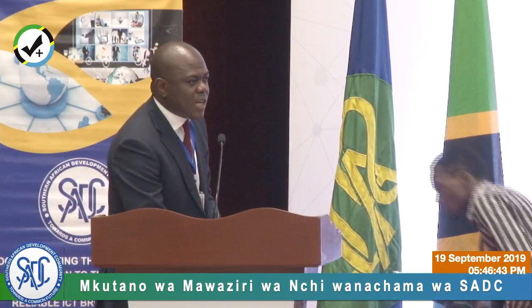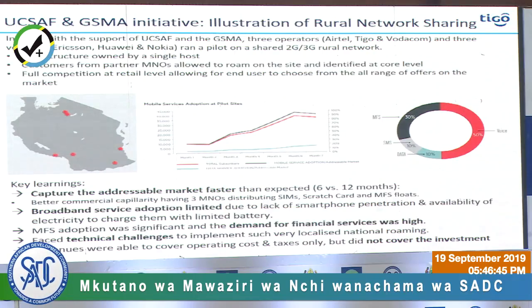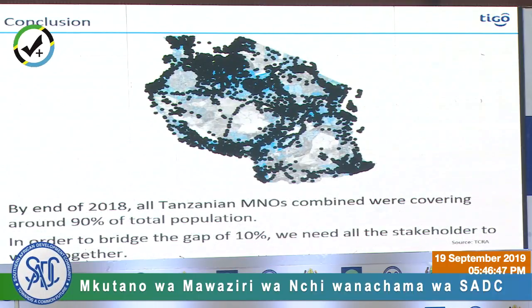Because the main thing is that once you put in the sites, they need to generate enough to cover at least the running cost of the site, so that you can continue to support its operation. And through this infrastructure sharing, we are able to deploy some of these models that make it more sustainable to deploy in areas where ordinarily it's very expensive and inefficient to deploy. So today, across Tanzania, as at the end of 2018, based on our regulator statistics, we've covered